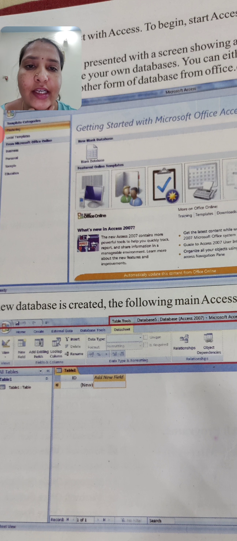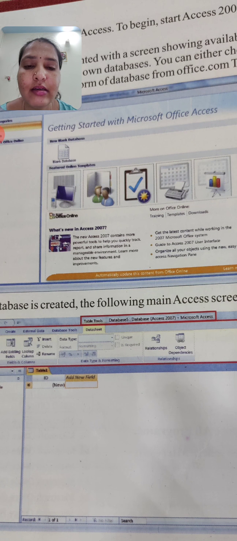In that blank database we can write anything by opening it. Below that there are so many featured online templates they have introduced. See here, one computer picture will be there.